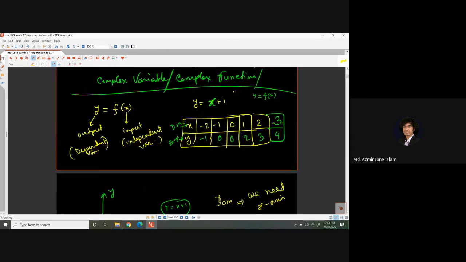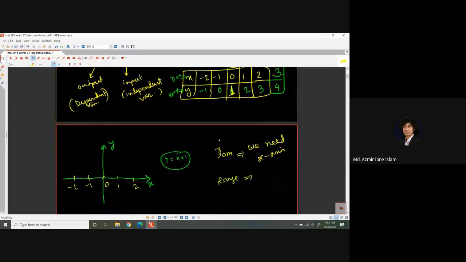For the range, here we can see the values that we are getting. If we input 0 here, it will be 1. So let's input the values of y. Here we are getting -1, 1. Let's say this is 2. If we extend the y-axis,